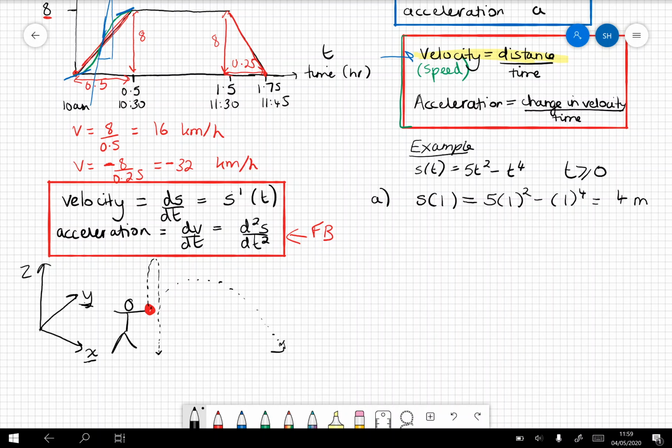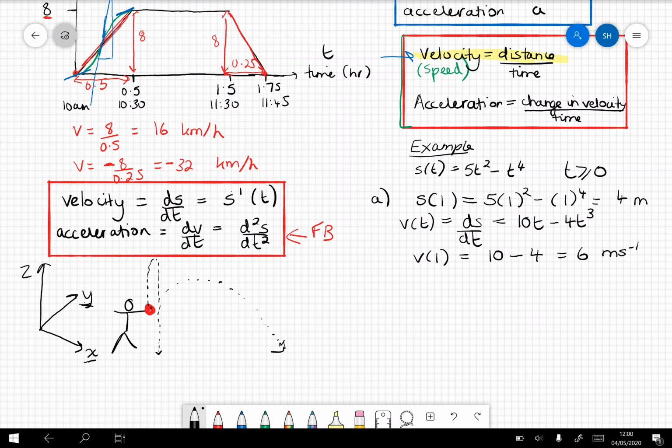Meters is the unit of our particle, it told us in the question. When we want the velocity at 1, though, before we can find the velocity at time 1, we first need its equation. So we're going to use our little formulas that are in the red box to the left. Velocity is the derivative of position, so I'm going to differentiate what we see there. So 10t minus 4t cubed. And if I want the velocity at time 1, it's going to be 10 minus 4, which is 6 meters